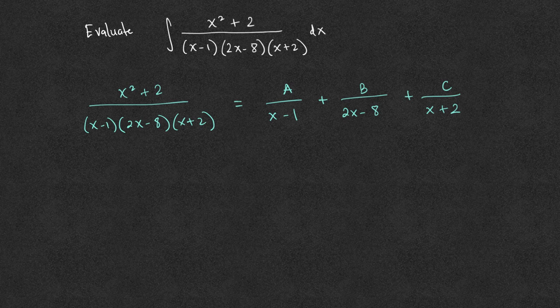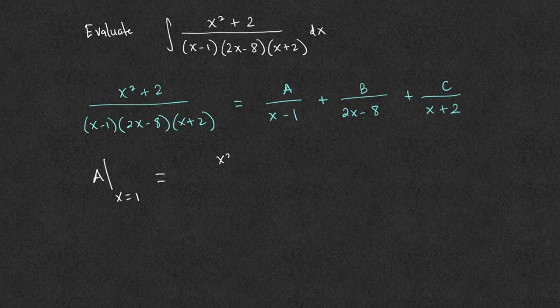We can use the method of undetermined coefficients to find A, B, and C by setting up a system of equations, but we will use the cover-up method, which is a shortcut. To find the coefficient A, we would plug in the x value that would make the denominator of A equal 0. In this case, x minus 1 is 0 when x equals 1. We then plug x equals 1 into the expression on the left-hand side, the given expression,